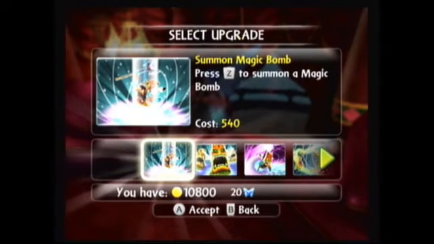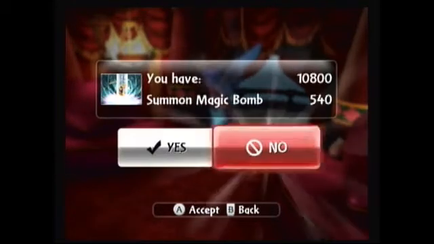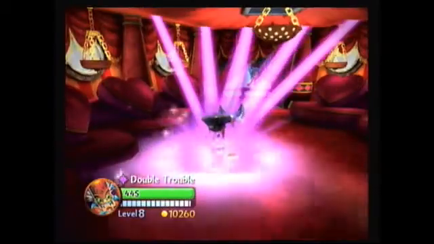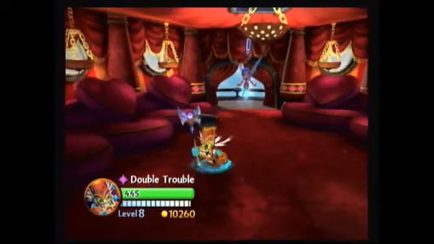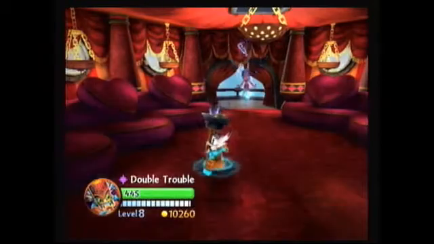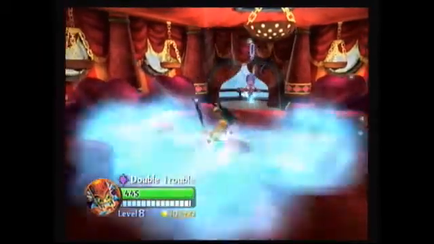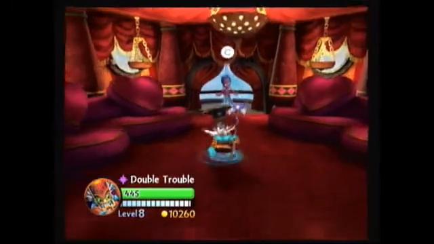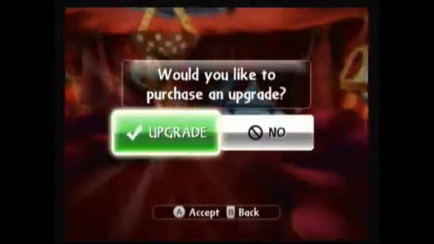Summon a Magic Bomb as tertiary attack is upgrade number 3 fittingly. Press Z to summon a Magic Bomb. Cost is 540. This one well worth it in my opinion. Booga booga looking gooba. Note the different color. I mean, this one's like dark yellow, dark blue. I kind of like that. But you saw what it was fully upgraded down Channeler. So